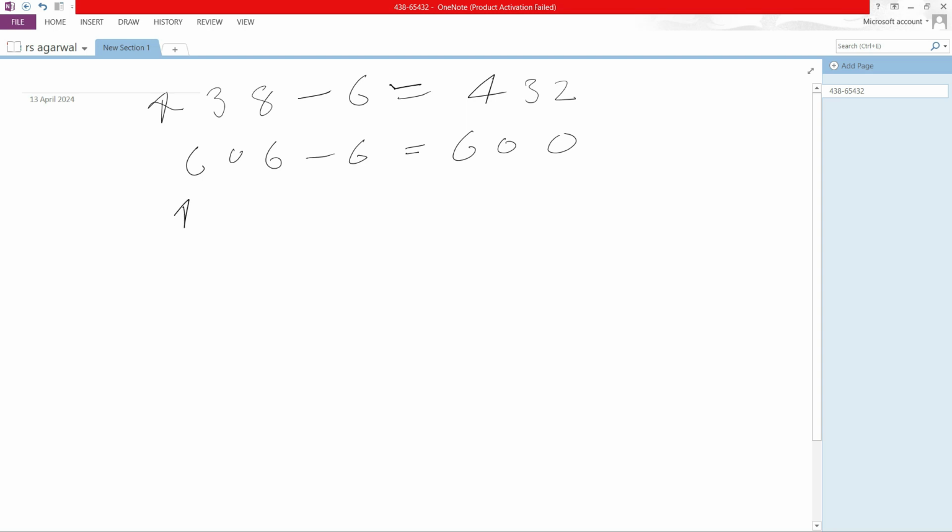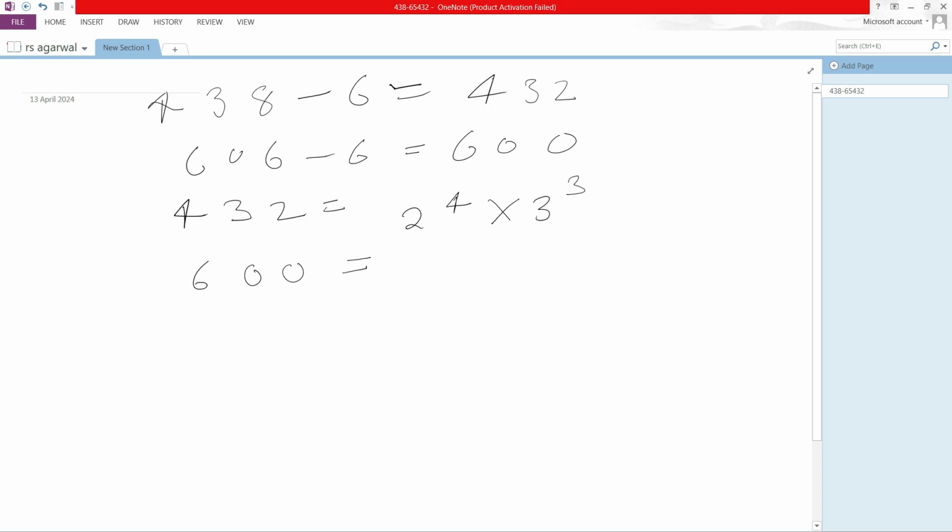So 432 is equal to 4 into 3 cube. Since I have taught you how to do the prime factorization to find the HCF and LCM, you do those step calculations in your notebook. Please don't expect that I will do the prime factorization in full steps here. By doing this, my video length will increase and it will take a lot of time. That's why I am leaving certain steps up to you to solve.